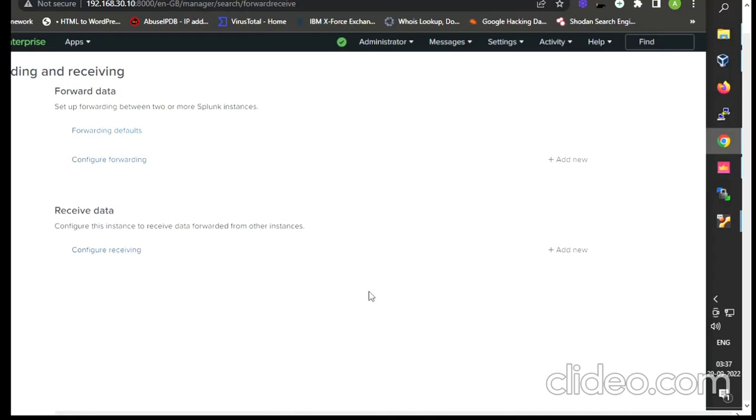Today we are going to see how to onboard the Windows authentication logs to this Splunk application. As we are getting the logs from different machines, we have installed the Splunk application on the Ubuntu machine, and we are trying to get the logs from a Windows machine. So we have to install the Splunk forwarder on my Windows host machine, so that we can get